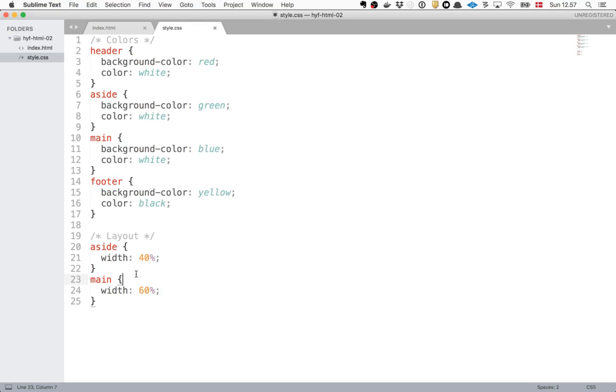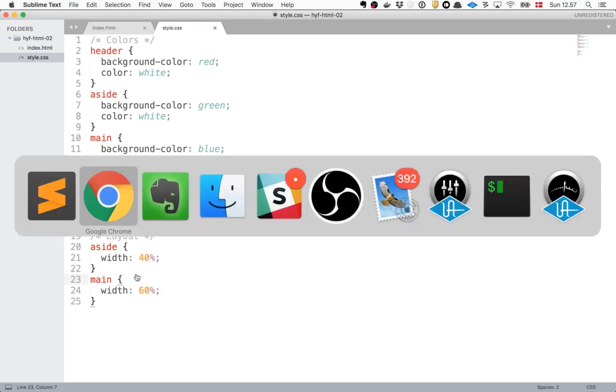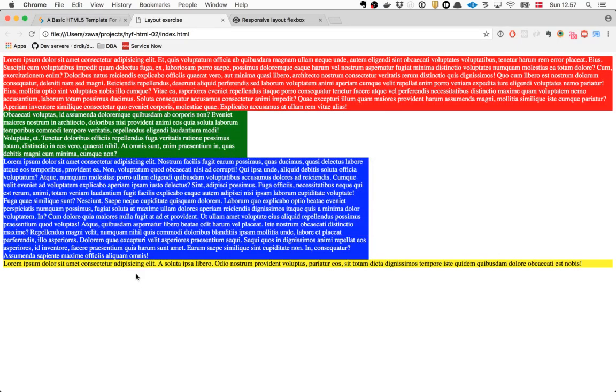Okay. First of all, did you put this in the same folder? Oh, it works. That's good. Almost. So the problem is that... Let me just see a quick show of hands. How many of you have the different colors like this now? Okay. Can you go back to the CSS, please?